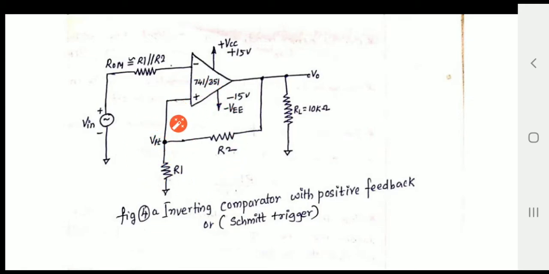So at this node, two threshold voltages are measured. One we call the upper threshold voltage and the second we call the lower threshold voltage. The voltage across this node depends on the output voltage V0 which flows through the resistance R2. First thing. Second, here this circuit forms a voltage divider circuit. If I connect this V0 here, I am removing the V0 from there and connecting it here so that we can form a circuit and we can write the expression for VLT or VUT.